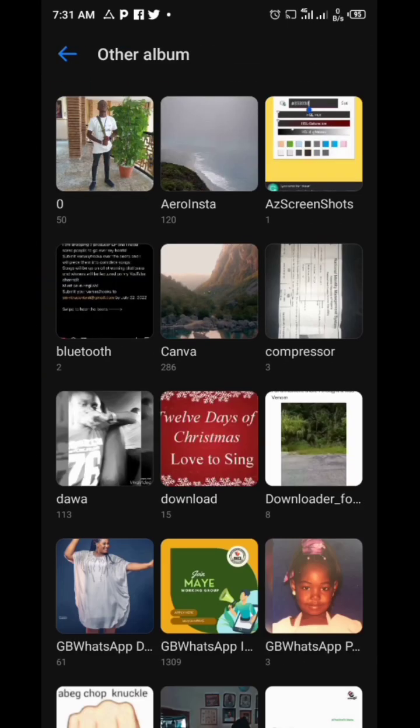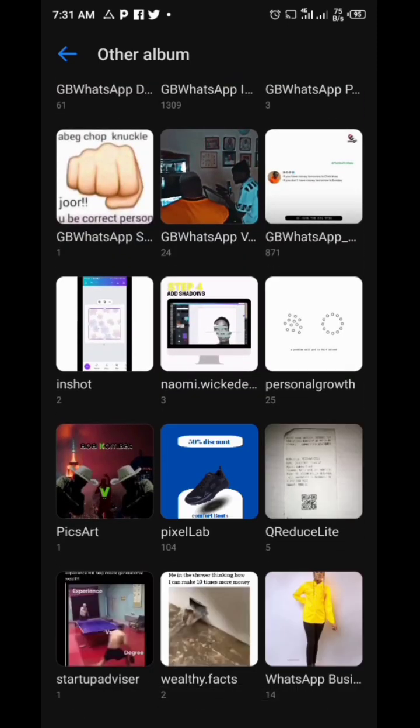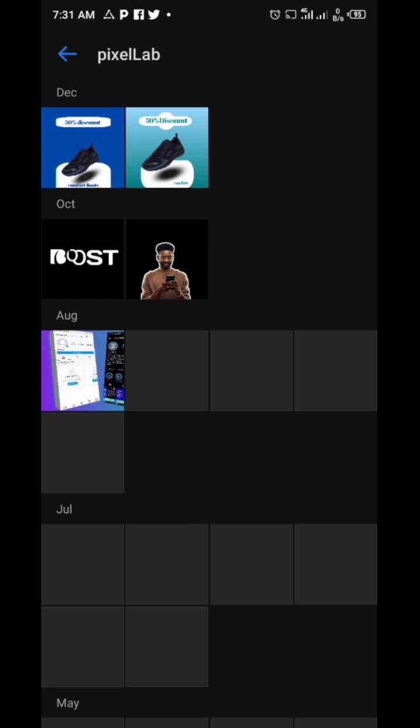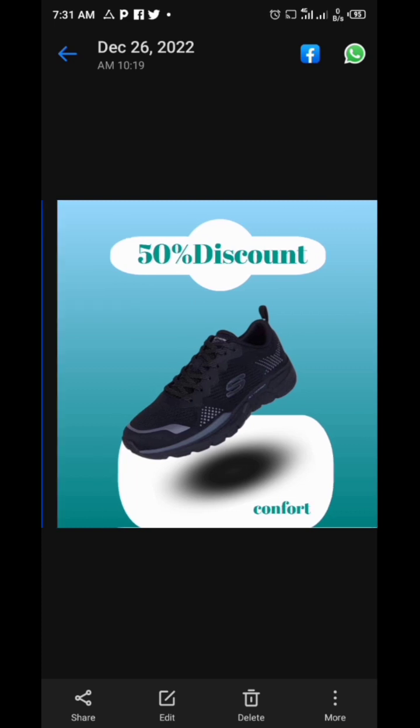We come here to Pixellab. Let's check for Pixellab. So you can see here, wow, you can see how beautiful it is. This was the former one I did, and you can see